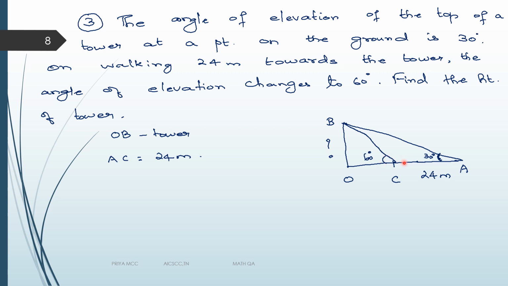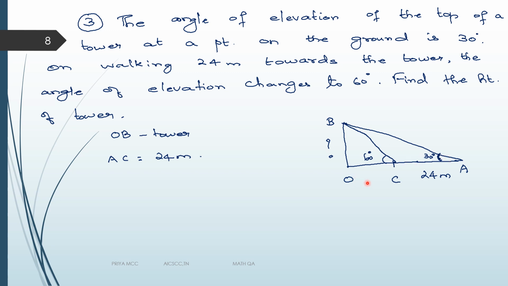See, the total angle is 180. 180 minus 60, so 120 will be here. Not simply because I am drawing it like that; the actual value on a straight line is 180, so the actual value will be 120. There is no point in saying this is a right angle triangle, so I can only work with right angle triangles. This 30 degree can only work with OBA. 60 degree can work only with OBC. So you cannot bring ABC into the picture.